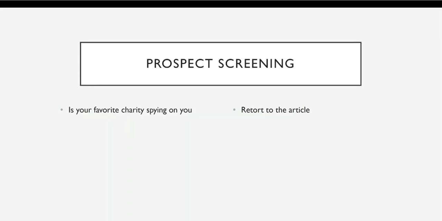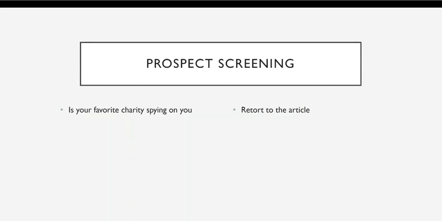Now, one of the things that I want you to take into mind is what prospect screening is. First off, this article that we're looking at is a couple years old. However, as information is becoming more abundant, we actually have more opportunities for prospect screening. And so the conversation is more relevant today than ever. Also, the second article is a retort to Is Your Favorite Charity Spying on You? It's an article that was created by a development director that talks about how these practices are used in order to make charities more effective. They basically argue that it's irresponsible for charities not to use them because otherwise they're wasting donors' monies. So I want you to take and read these articles.